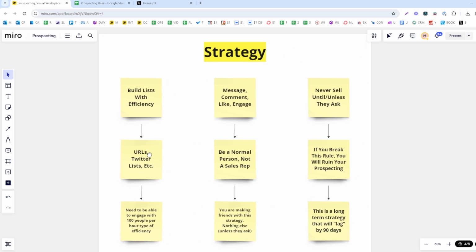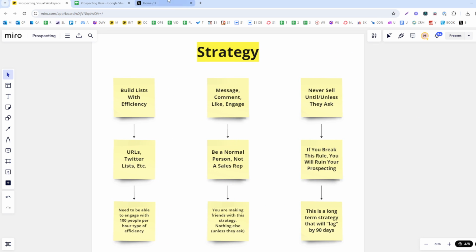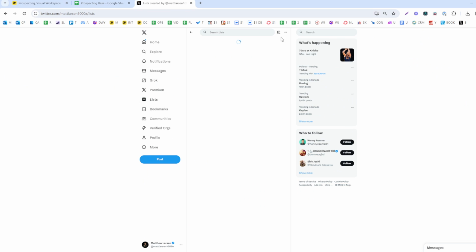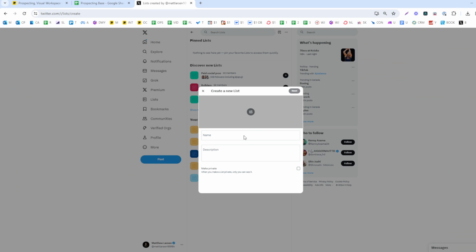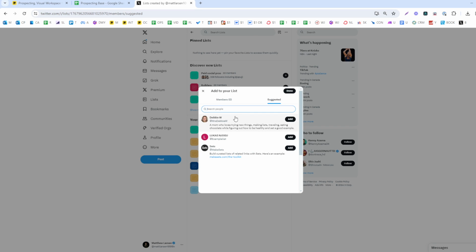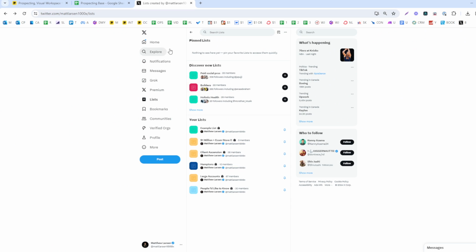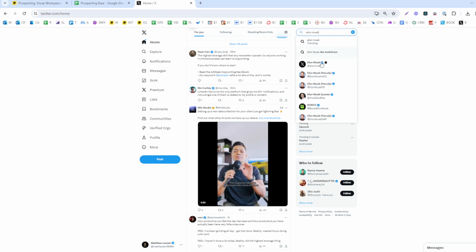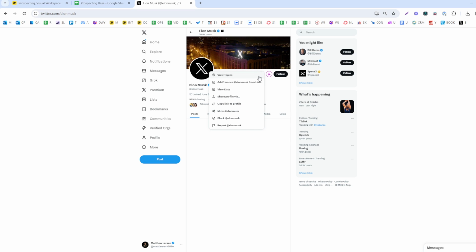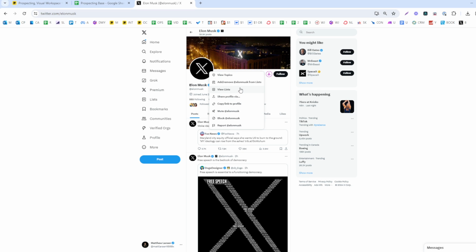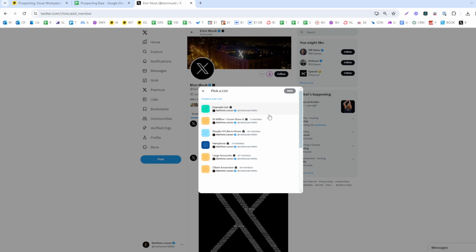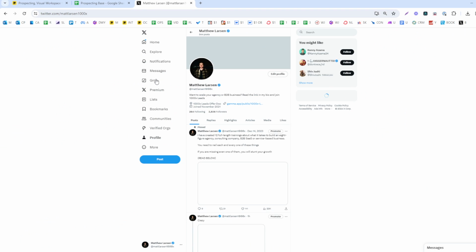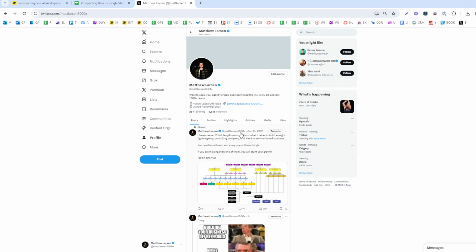The strategy that I use, and the reason that I typically prefer Twitter for this, is you can make something called a list. So let's just call it example list. Let's make it private so people don't know they're on it. And now we can go through people. Let's say my prospect was Elon Musk. We could add and remove Elon Musk to the example list. Now when we go back to our example list,